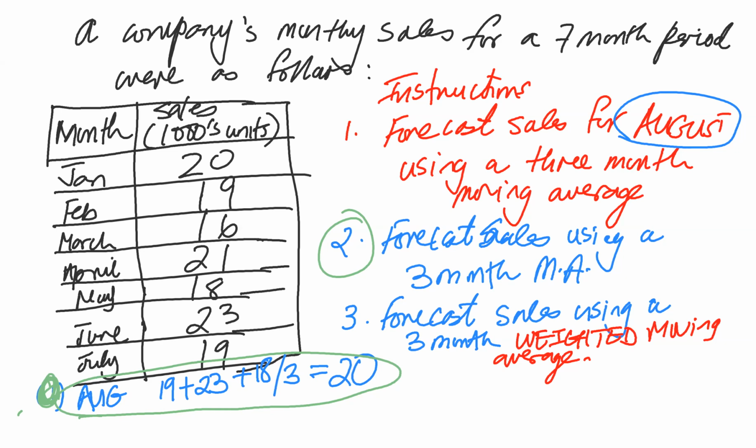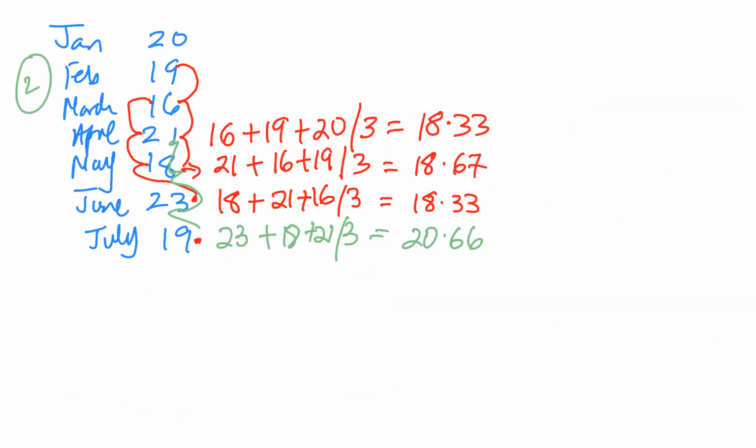So I'm going to turn the page and I'm going to pick up with part 3, which is forecast sales using a 3-month weighted moving average. And I'm going to add the remainder of the questions that you should have. So I'm going to use a new page to go to question 3. Right, so we're doing part 3, where it says forecast sales. Now notice I just said sales. I did not give you a specific time. So it means you have to go through the entire data points. Forecast sales